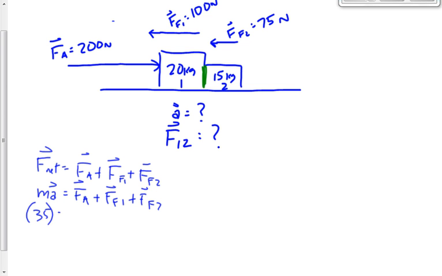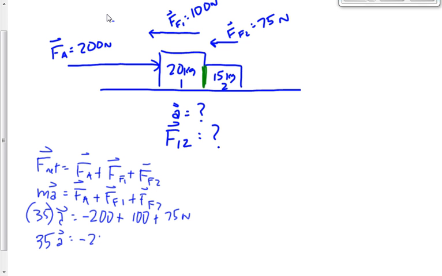The acceleration is what we're looking for, at least in the first part of the question here. FA is going to be negative 200 because it's to the left. FF1 is positive 100 because it's to the right. And FF2 is positive 75 newtons because it's to the right. Negative 200 plus 100 plus 75 gives me negative 25. It becomes 35 times a equals, sorry,